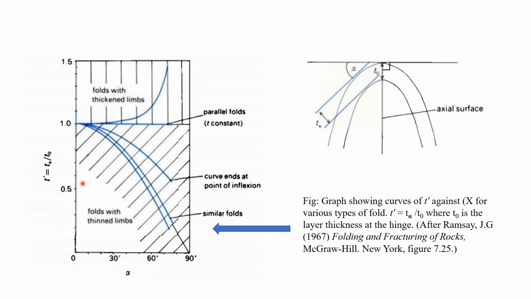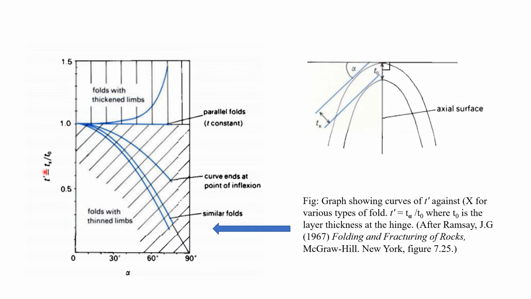So how is it plotted? For different alpha values, T dash values have been determined, and T dash has been determined by determining T alpha values. So we have T0 and we have T alpha for different alpha values. They are plotted against each other, and then we can see that we have either T dash value equal to 1, or less than 1, or more than 1.